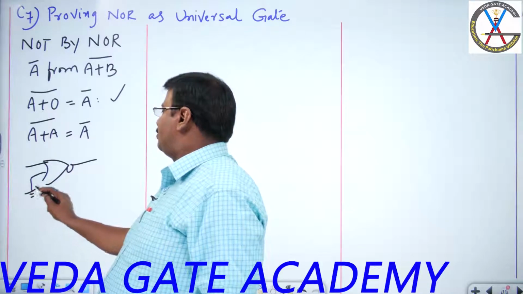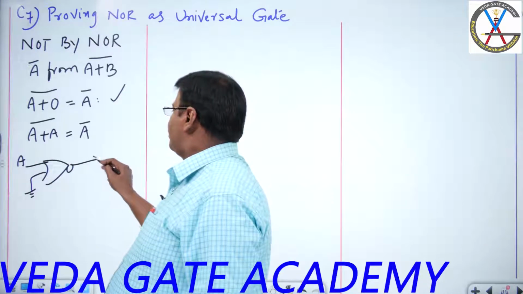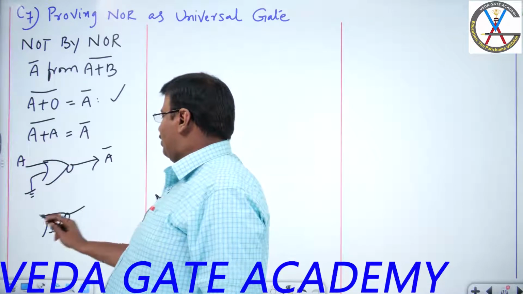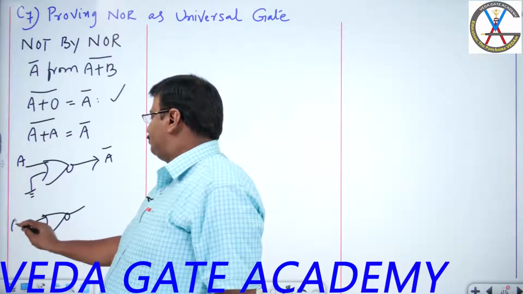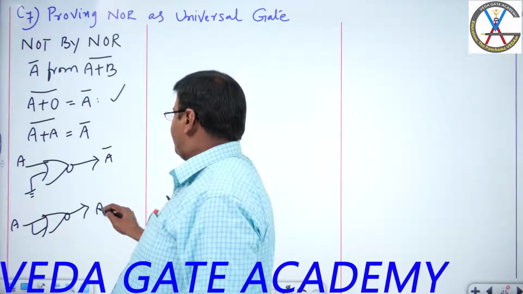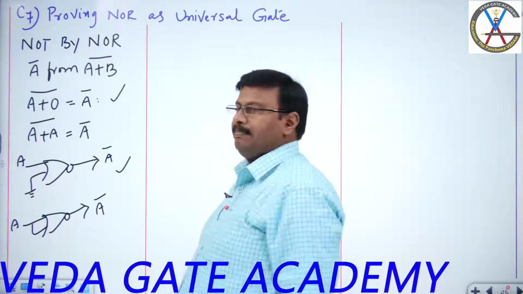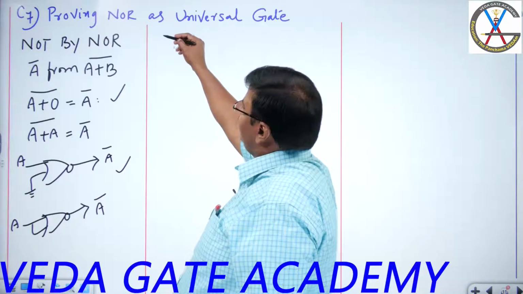0 is ground. So this is A bar. As usual, joining both. And here also you get A bar. So as I told you, the preferable circuit is the first one. And next, let us see